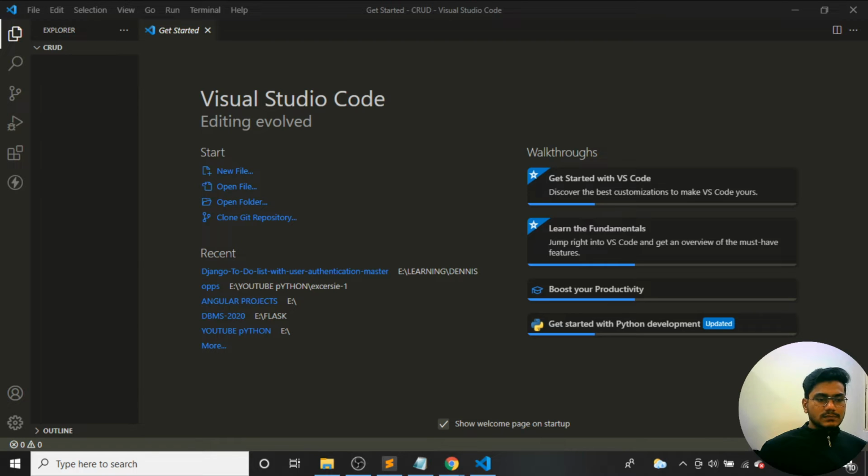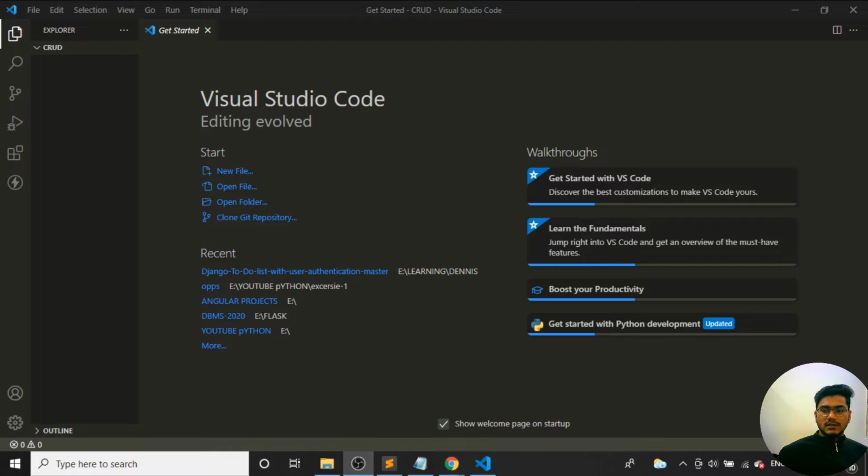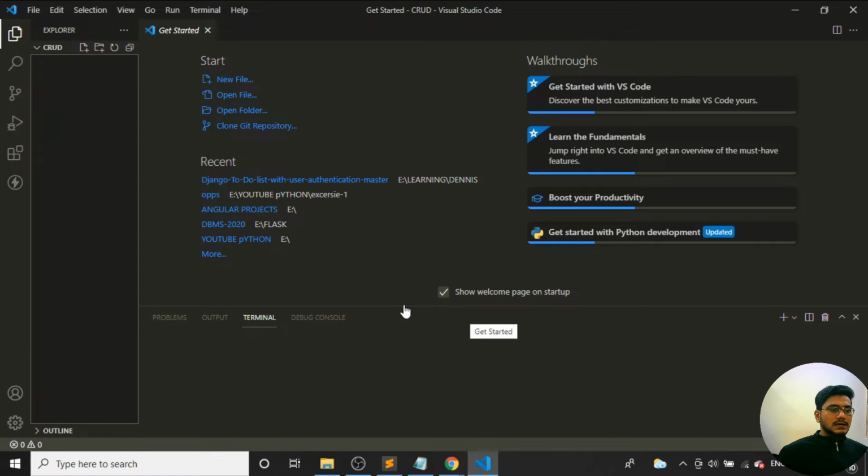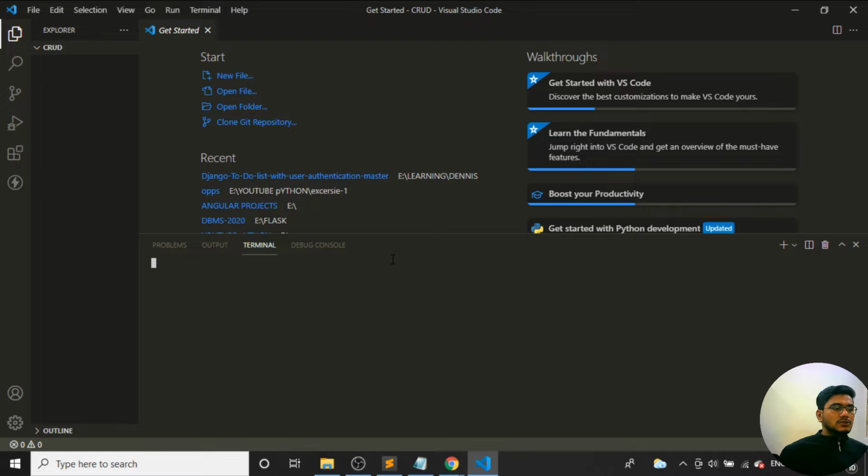So next we'll start with the particular project. We'll be installing a few commands. I'll click on the terminal, and then the new terminal. As we know, Django has a project as well as an application. So we need to start the project, then inside the project, we need to create one application where we are going to work.